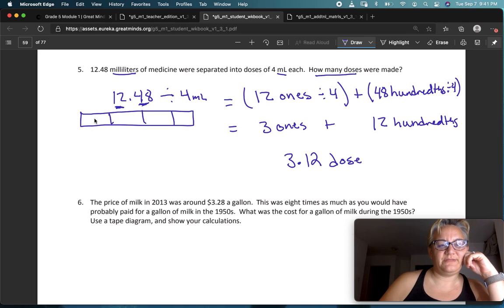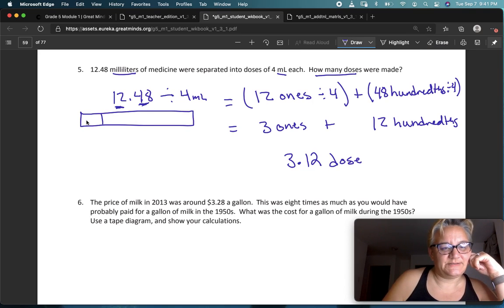So 4 milliliter doses, actually I'm just going to go ahead. If this is 4 milliliters, and this is 4 milliliters, and this is 4 milliliters, right? We have 1, 2, 3 full doses, because that's 4, 8, 12, and then the leftover,